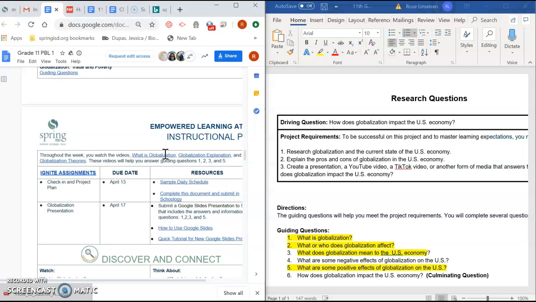Hopefully you know how to use PowerPoint, or it says Google Slides, but of course you can use PowerPoint. I actually prefer to work with PowerPoint, probably because I'm just used to it. If you need some help with how to use Google Slides, there's a quick tutorial for new Google Slides presentations. Please make these presentations look really good. You've got plenty of time. It's four questions, so make sure that they look really good. And then you are going to turn it in on Google Slides, I'm sorry, not Google Classroom.